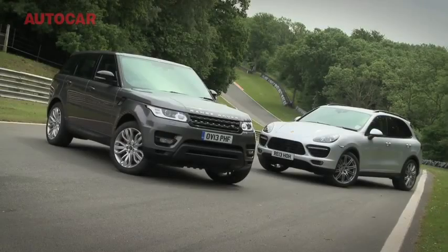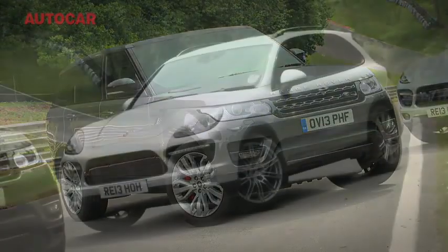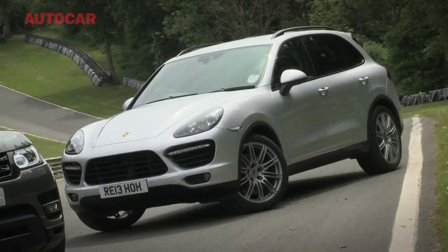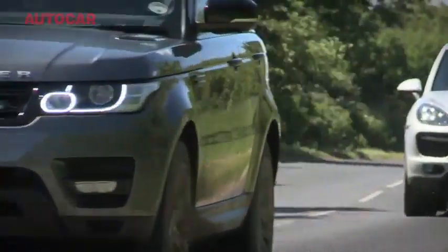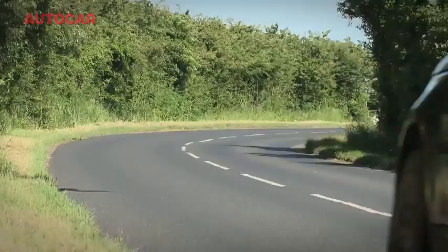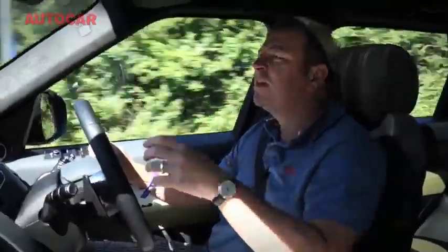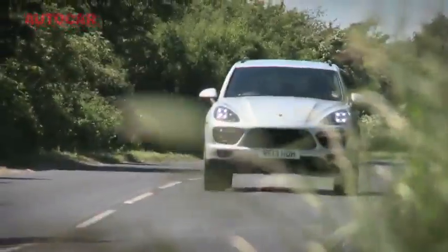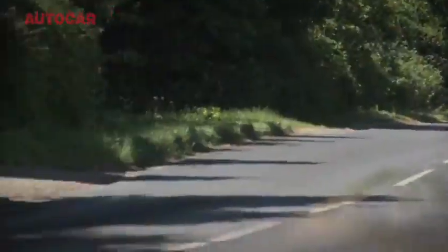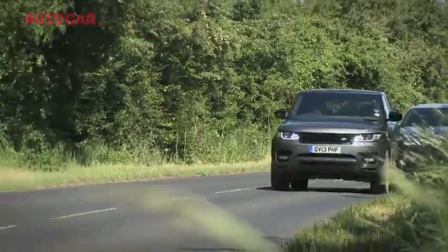Result? Do you know, I think this is an honourable draw. If you really want the fastest, the maddest, the most powerful SUV, you buy the Porsche. If you want a bit more luxury out of your sporty SUV, you buy the Range Rover. And I think it really is as simple as that. It's up to your personal values as to which one you go for. Even so, the Range Rover Sport, what a lovely